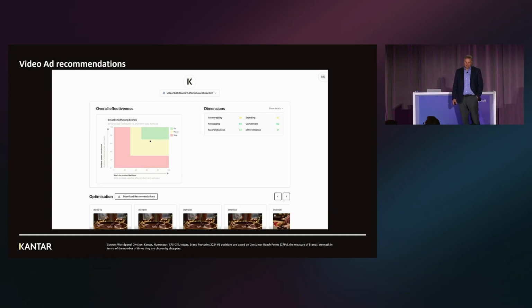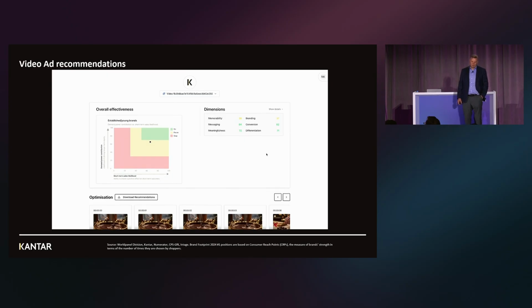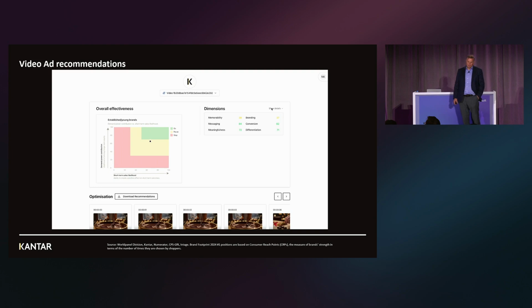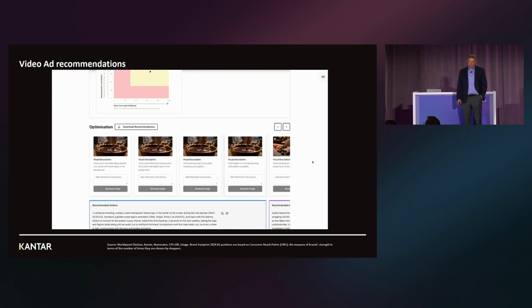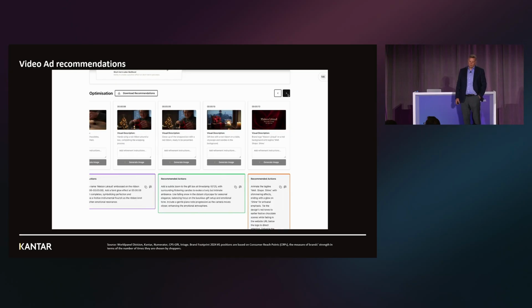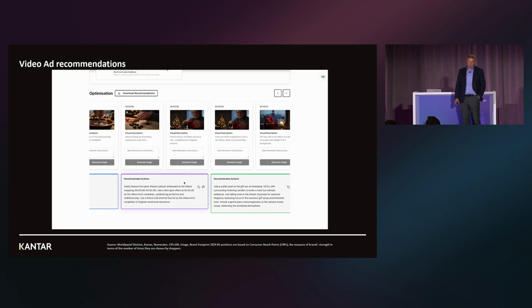After analyzing the video, the system displays an overall effectiveness score on the left, shown on a graph that reflects both short-term impact likelihood and long-term brand equity potential. On the right, 6 core dimensions of ad performance are scored to provide deeper insights. The recommendation aims to strengthen the link between the brand and the message. The current cues, such as colors and festive warmth, are not effectively supporting this connection. Adding stronger branding elements and cues would help reinforce brand memorability.